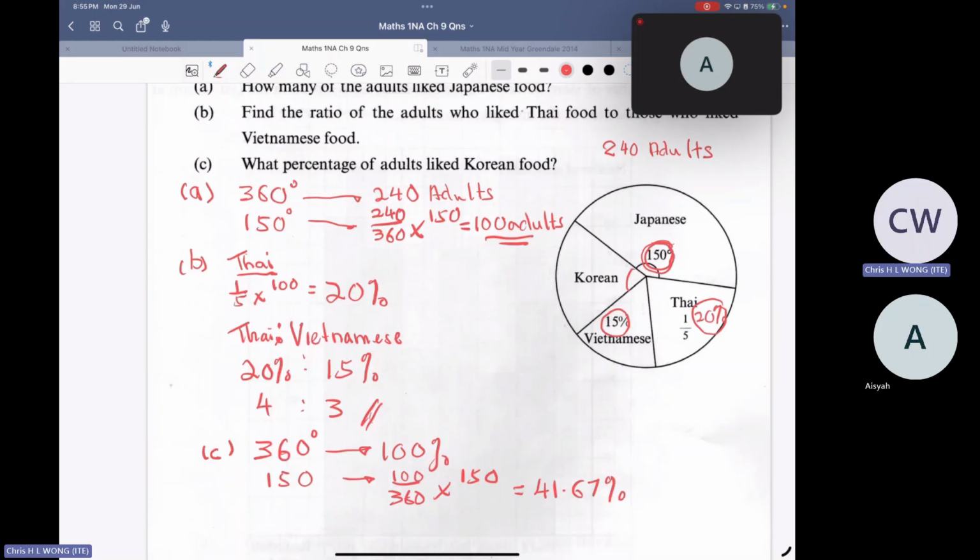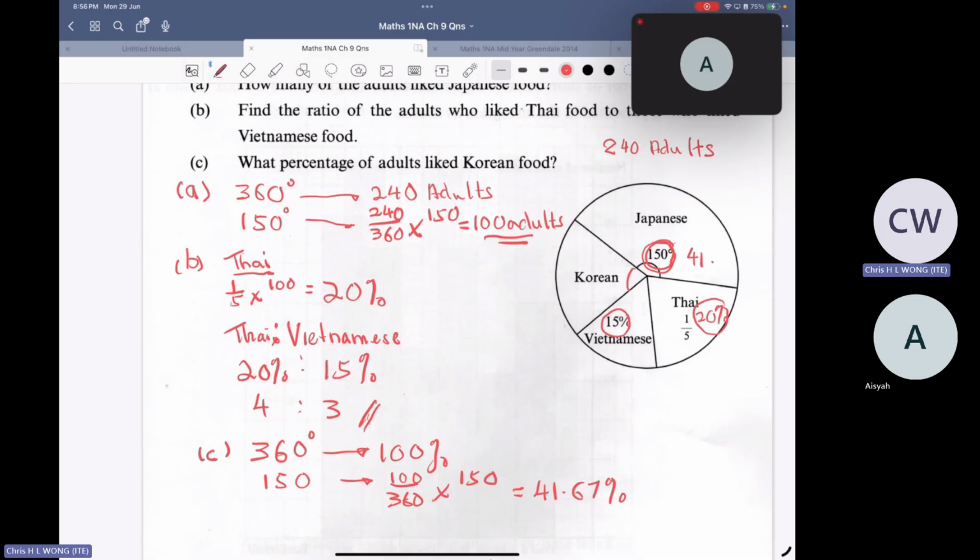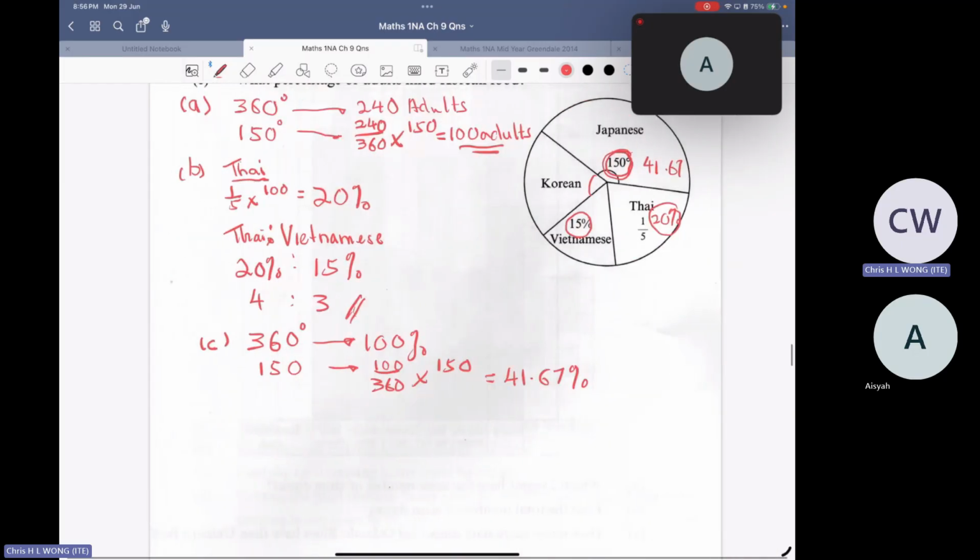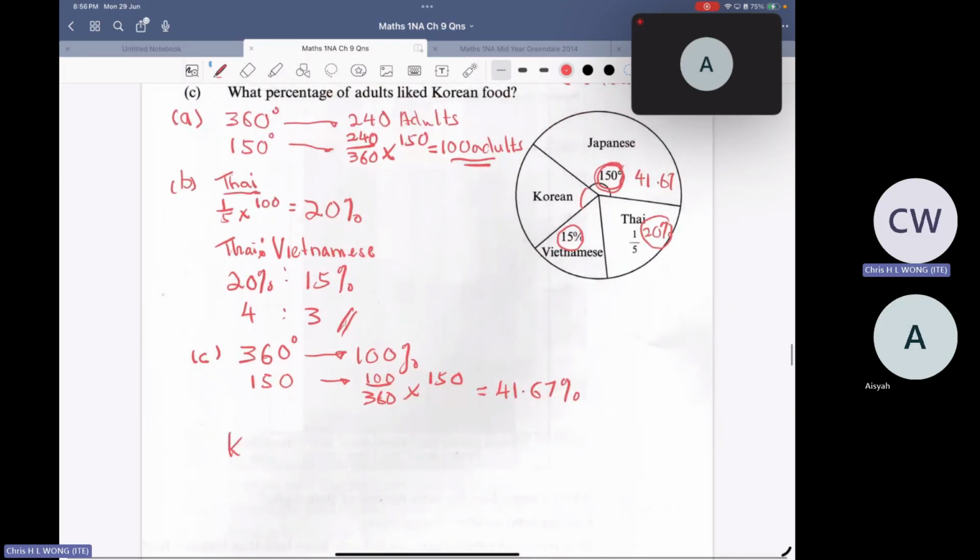41.67%. But that's not the answer, right? This is for Japanese only. What you want is Korean. You have everything already, you have 15, you have 20, you have 41.67. How many percent is Korean? You just take 100 minus, right? So the last one is Korean. How many percent? Equals 100 minus 15 minus 20 minus